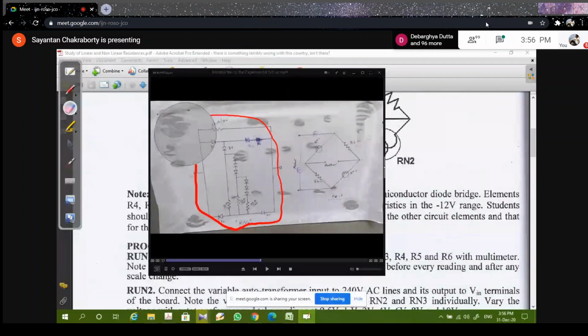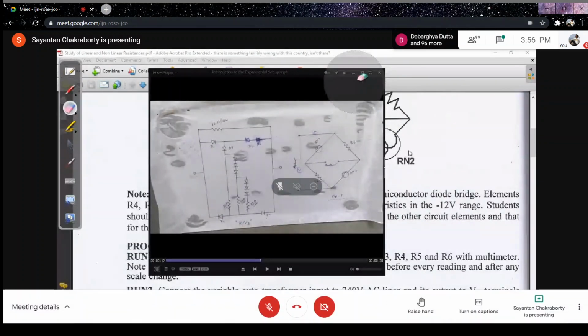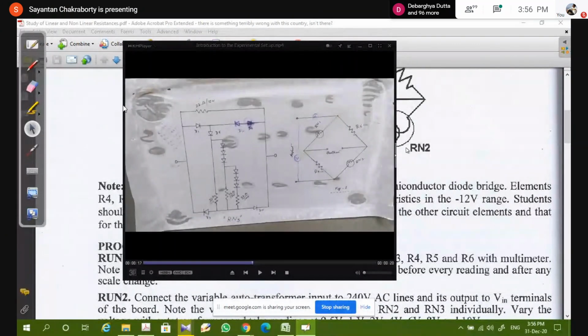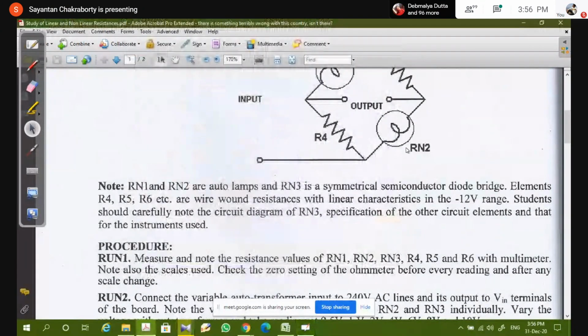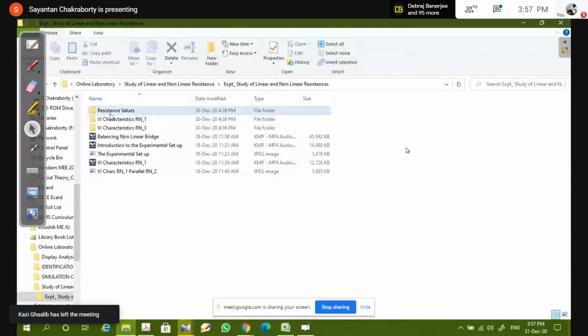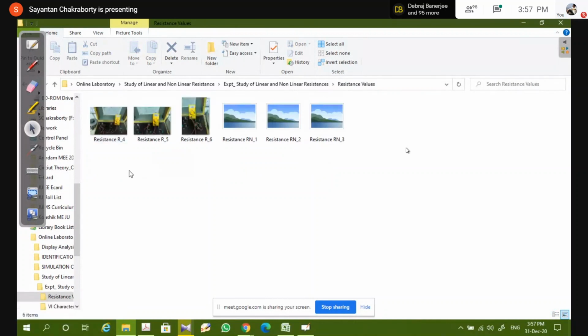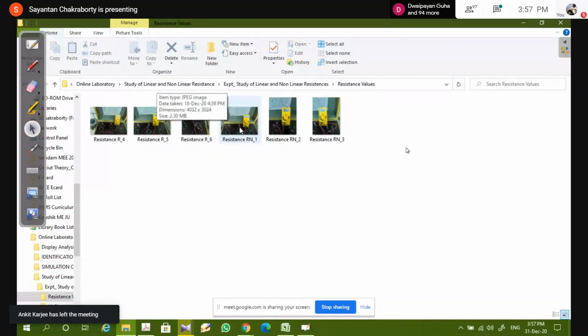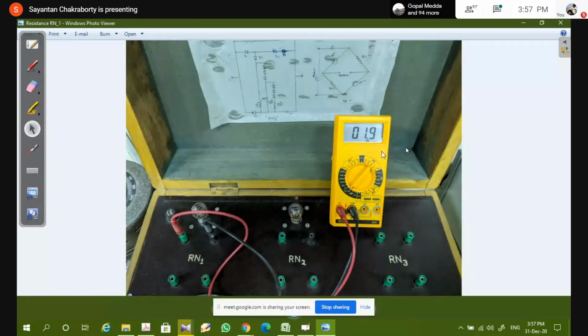So this is the basic part, the first part of the experiment, and that has been obviously given here. Now, the interesting thing is that before starting this experiment, we should have an idea about the values of the resistances, right? So the offline values, that is before starting the experiment, we should measure the values of the resistances. So this is a value for the Rn1.